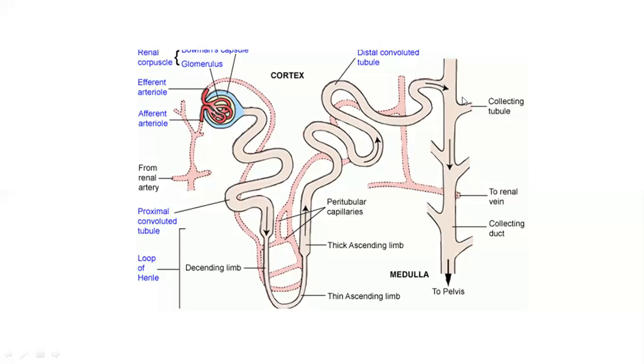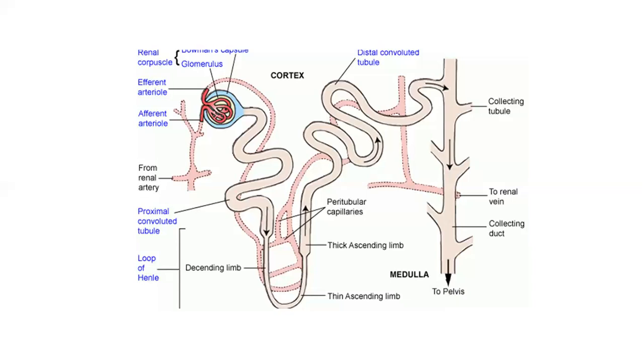After the renal tubule, you have also studied another term, that is the collecting duct. So just after the distal tubule, you can see that the distal tubule is opening into the collecting duct. So this structure is the collecting duct. This is one collecting duct starting just after the distal tubule. But I have already mentioned that there are over 1 million nephrons in a single kidney. That means there are many collecting ducts as well. So many collecting ducts join together and open into a structure known as the renal pelvis, which is present inside the kidney. So collecting ducts join together and open into the renal pelvis to drain its urine.